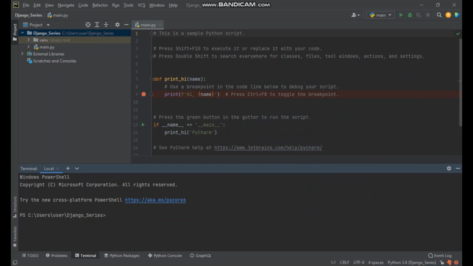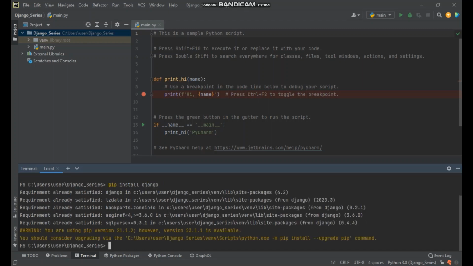So the first thing you will need to do is install Django with the command pip install django, right? I already installed it, as you can see. So you will have to install Django, and after you have installed Django, that is when you can start